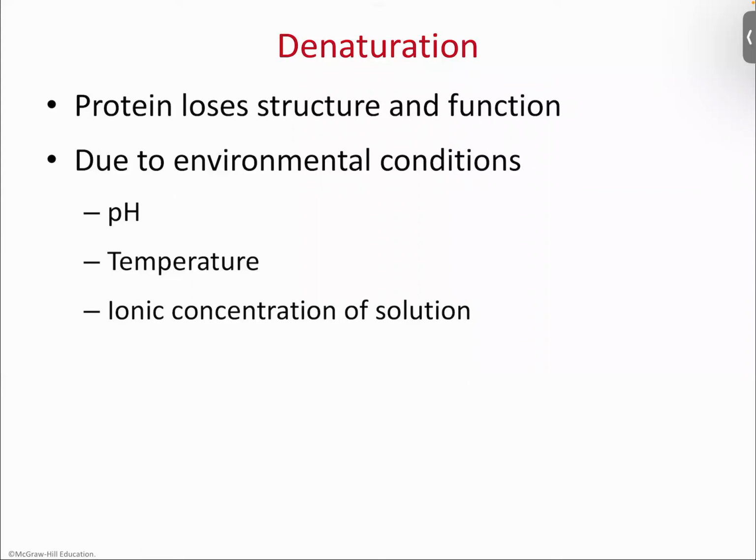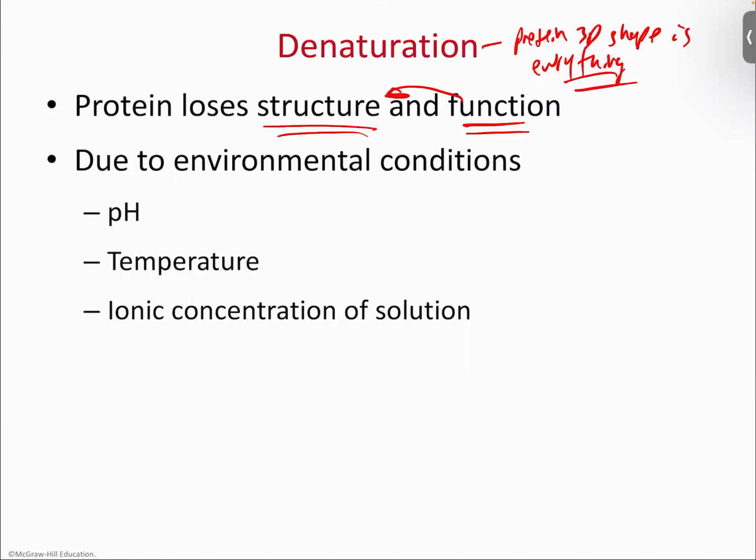Now, what we have here is the idea of denaturation. Denaturation is a loss of structure, and because you lose your structure, you also lose your function, right? The two of these are tied together, because remember, for a protein, three-dimensional shape is everything. Its shape is critical. So you're not just haphazardly putting this thing together in tertiary structure. You're literally forming a specific shape, right?